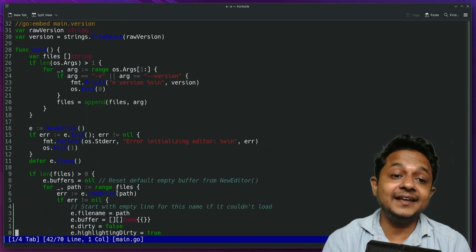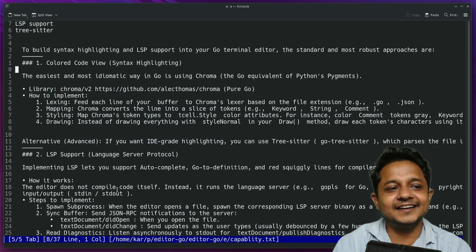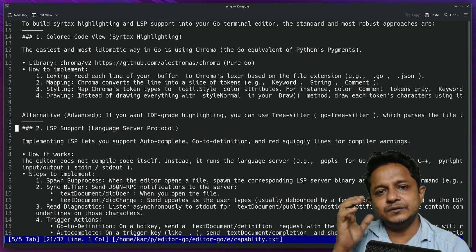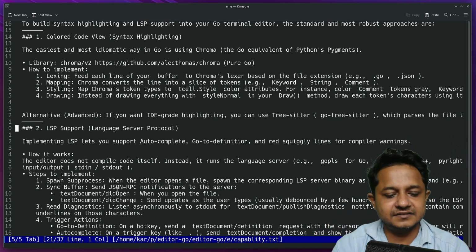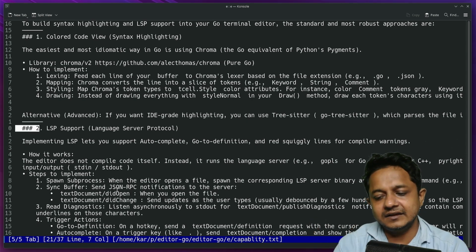And what about opening a file? File browser is built in, like capability.txt. I can go through all those things. But I found some issues. Like I wanted to have all those intuitive things. That means Control C, copy, Control V, paste. It is working. But what about Control Shift and using right arrow, left arrow, even with the upper arrow and